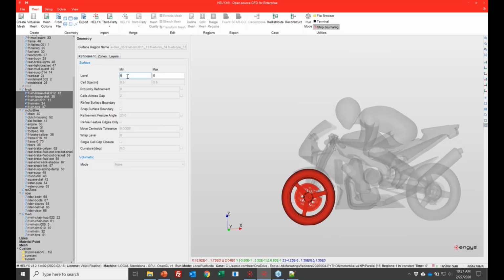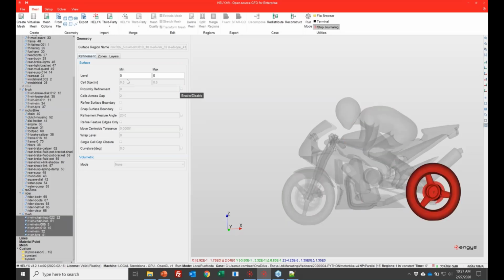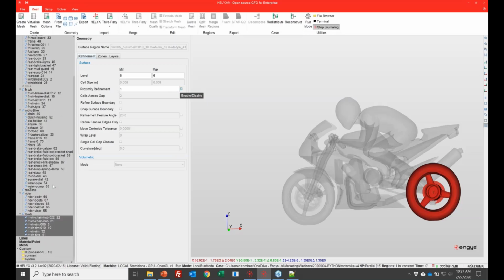Let's do level 6.6 and let's do a proximity. I'm not going to do any layers on this. And then let's do the same for the rear wheel. 6.6 proximity of 1. Now, I could have gone through and selected everything because everything is 6.6. I could have done that and applied that everywhere by holding down the shift key, and I can also use